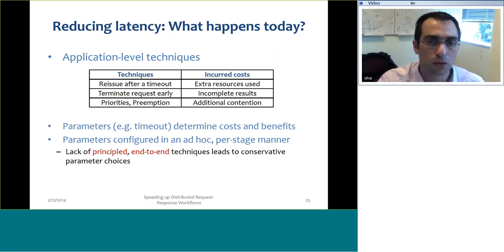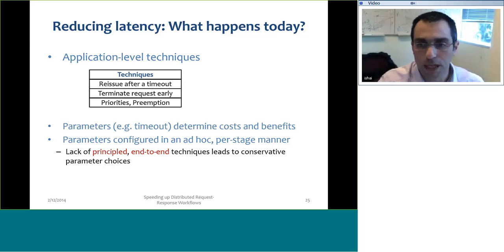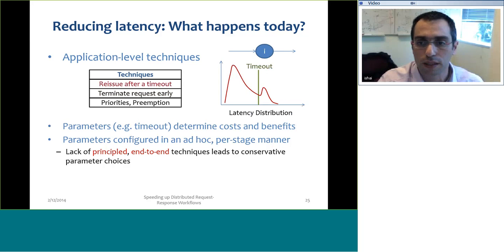If I'm deciding to terminate a certain stage while it's not complete, then of course the quality is worse. Maybe there is some budget, quote unquote, that I could live with in terms of incompleteness, but I can certainly not have each of the requests being incomplete. Maybe I can do it to a small percentage of the requests, and I'll be a bit more formal later on. So we know the techniques, but the question is how to set these parameters. For example, how to set these timeouts or thresholds, or when do you duplicate, when you leave incomplete, and so forth.